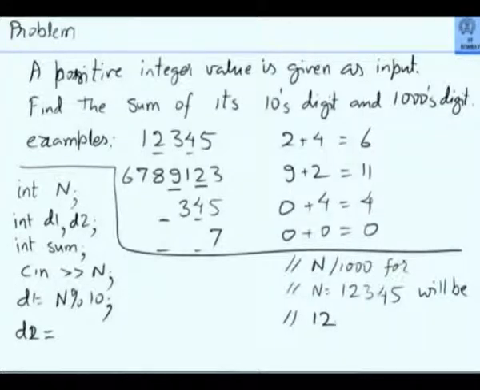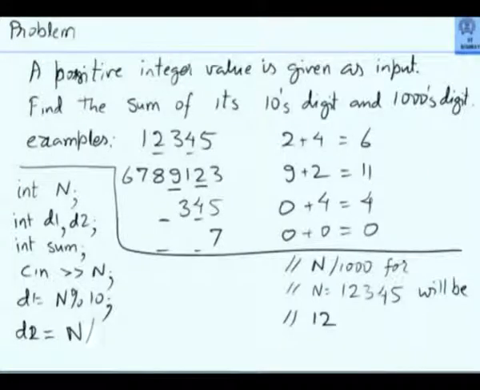So what should you do? Yes, so divide by 1000, you will get 12. Suppose the value was 6, 7, 8, 9, 1, 2, 3, you would have got 6, 7, 8, 9. Now, whatever that number is, it ends with the thousands digit. So for that new number, if you get the last digit, you got the thousands digit. So the correct thing will be n divided by 1000 modulo 10.